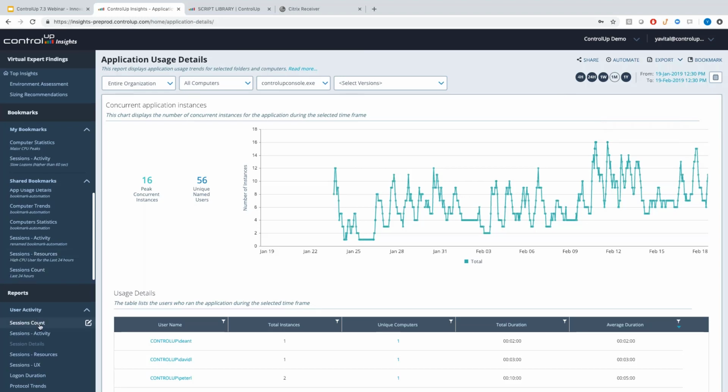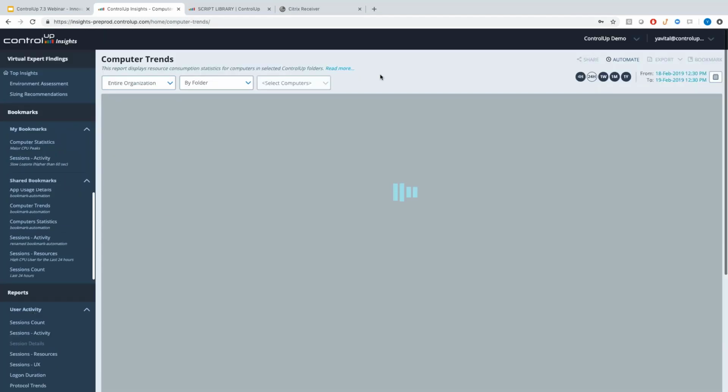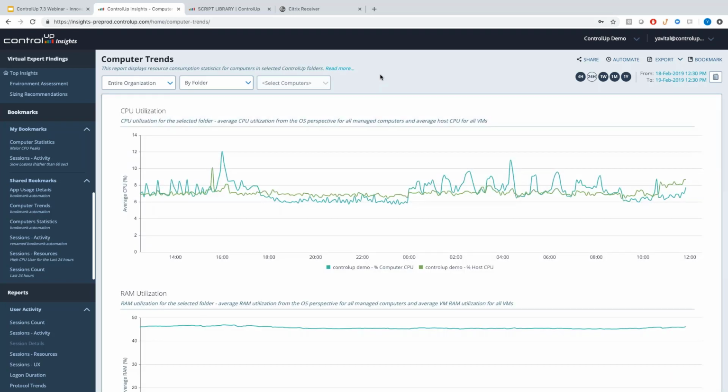Now, last but not least, and this is something we have heard from many customers, is data granularity. Currently in Insights, we do have the 5 minutes granularity available, but only for the last couple of days. Once 2 or 3 days have passed, we start running our aggregation algorithms, and data is transferred from 5 minutes to 30 minutes, and then to 1 hour data points. And many customers have pointed out that